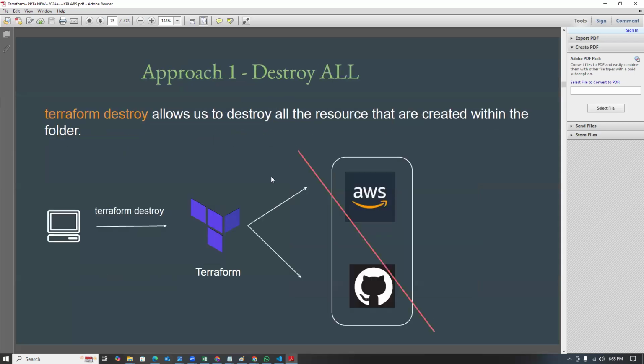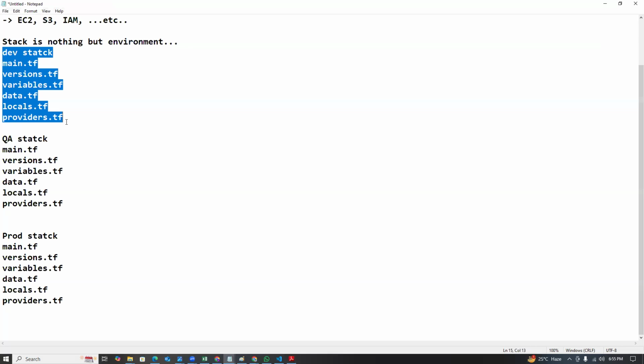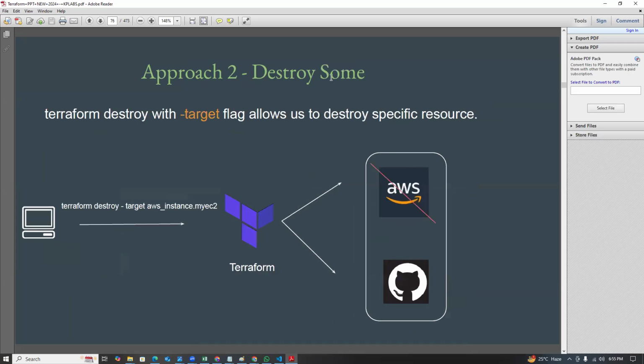Yeah, this is the destroy. Terraform destroy allows you to destroy all the resources created within the folder, right? That folder contains all these files. Everything will be destroyed. I don't want to destroy all these things. I want to destroy a specific one. So Terraform destroy with hyphen target flag allows you to destroy specific resources. So Terraform destroy hyphen target aws_instance.my_ec2_instance. Only just my EC2 instance will be